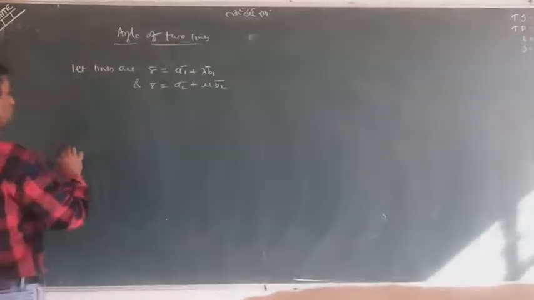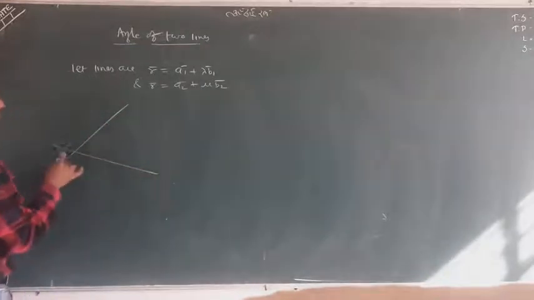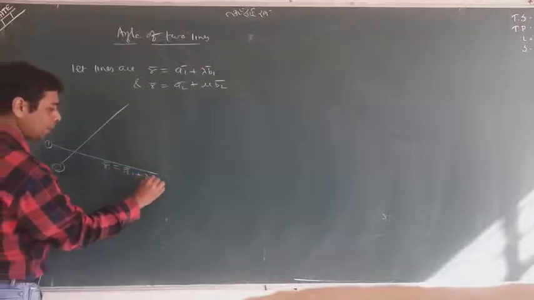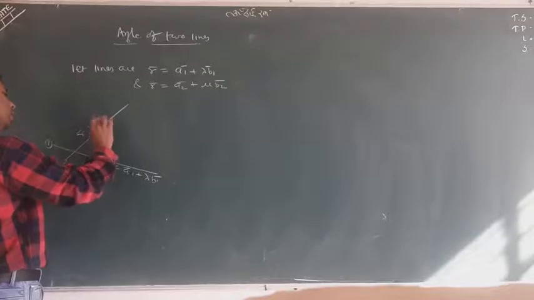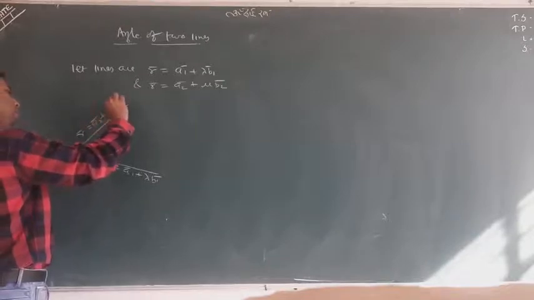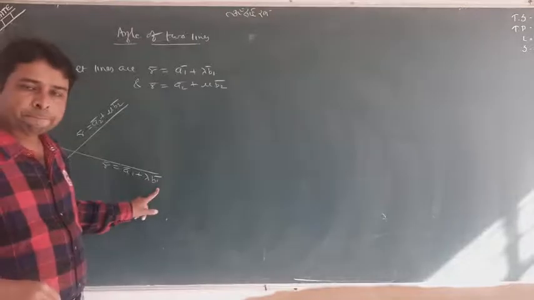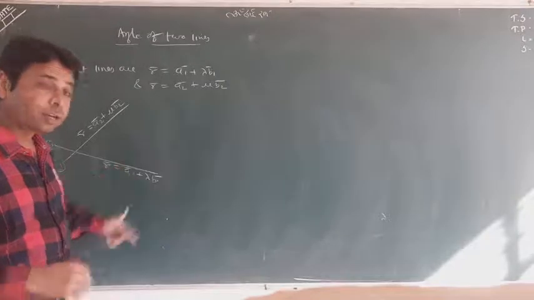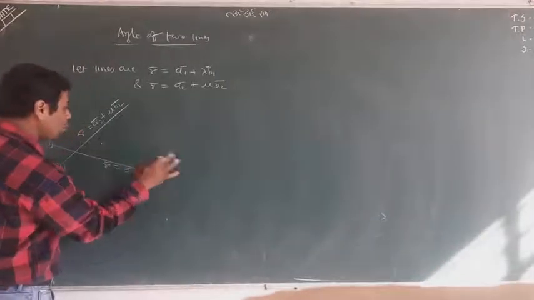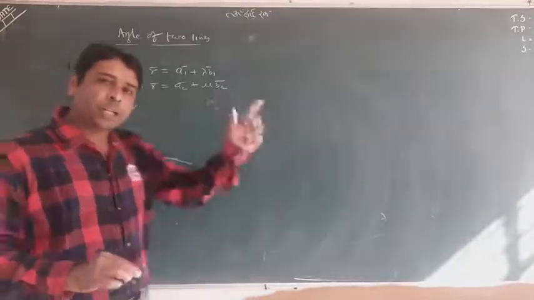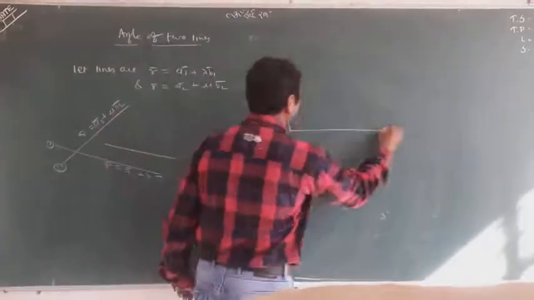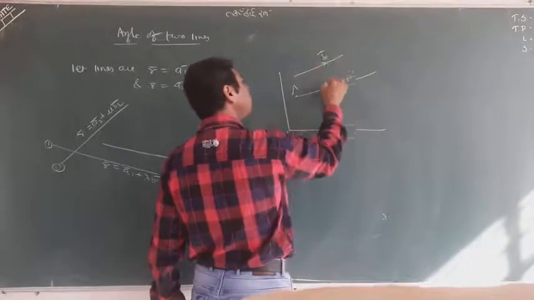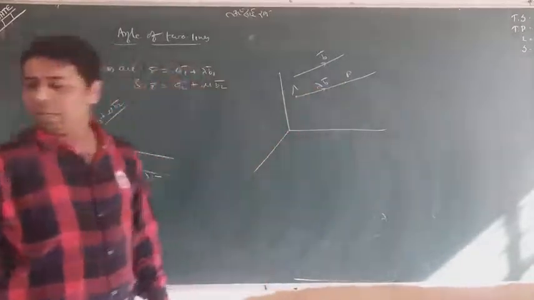Look at these two lines. This is my first line, r = a1 + λb1, and this is my second line, r = a2 + μb2. What is b1? The ratio vector of this line, which is actually mentioned here. You remember when I taught you the concept? Initially, for r = a + λb, I took the picture like that. It was a, it was p, and it was taken b, so it was taken λb. You remember this one? Initially I made a picture.